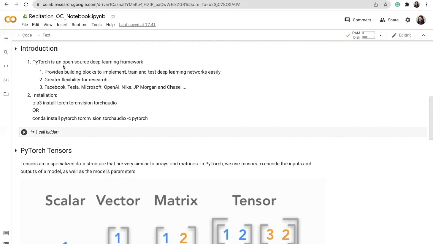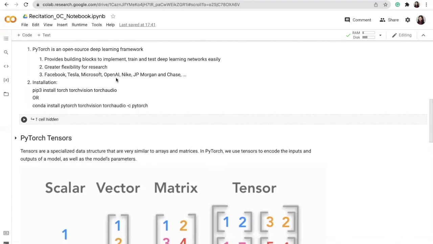So let's begin with a quick introduction about PyTorch. PyTorch is an open source deep learning framework library, and it has become very popular in the past few years. I feel PyTorch is very easy to use, and it has a lot of building blocks that lets you implement, train, and test any deep learning architecture that you would like to do. Secondly, it also provides a lot of research opportunities since it's open source, so you can take up any source code and modify it and customize it according to your own needs. And needless to say, it is being used at most of the major companies today in their ML and AI teams.